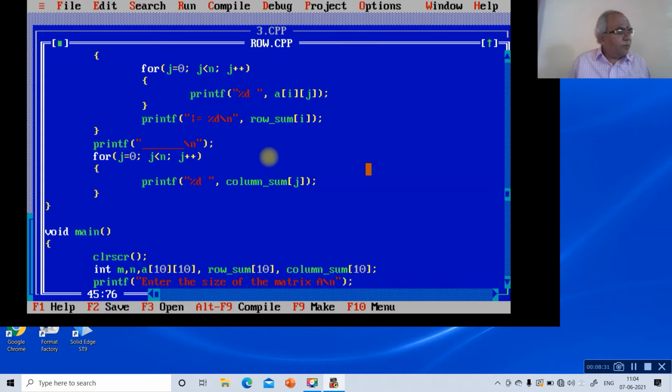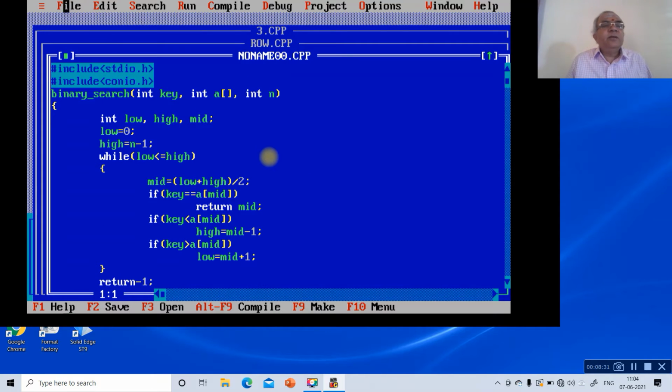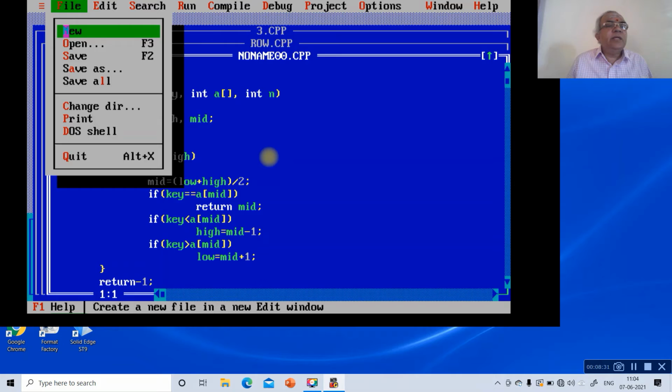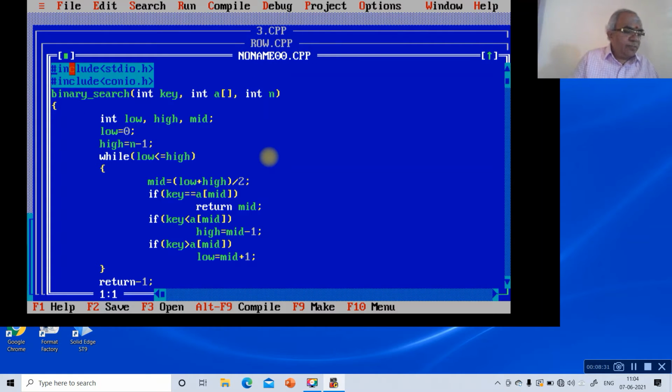To do that, first we will write this program again. First I will show how to write this program here. I will just go to new again. So in this we will write the same program. Include stdio.h here. So the first one will be read matrices, store the matrix and the resultant matrix in C. That is what we have done in the previous case. The same thing we're going to write here. So here we'll go to new program